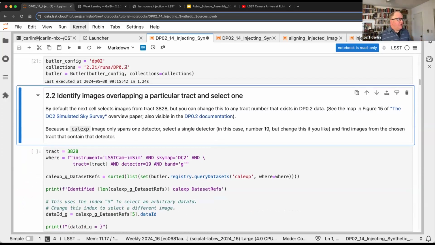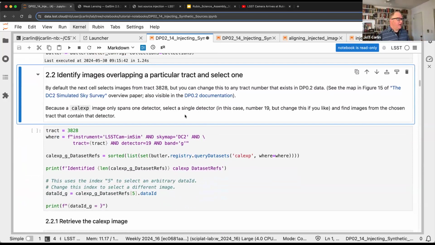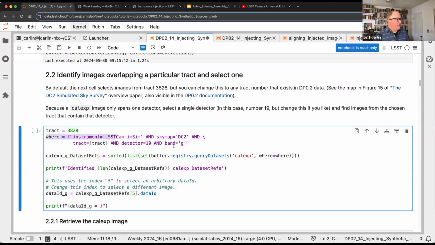So after we've instantiated the butler, we will just do a little query that finds calexp images that overlap a particular tract on the sky. And so we will use this